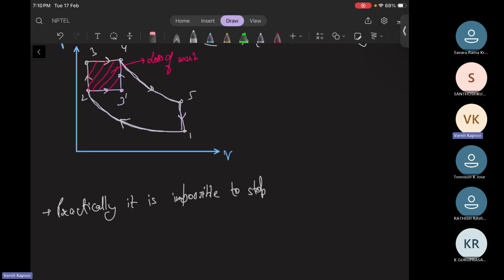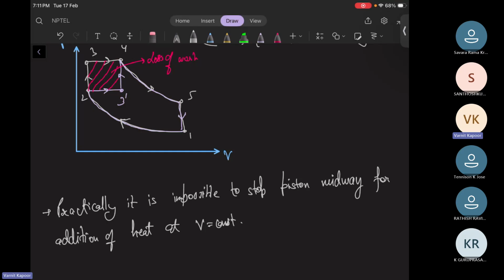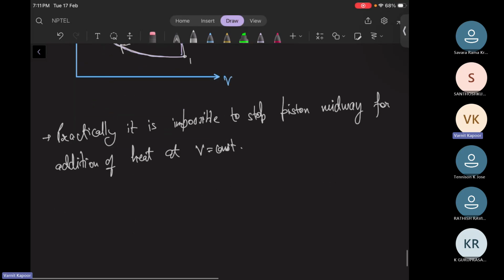Practically it is impossible to stop the piston midway for addition of heat at constant volume. Okay, and then if heat addition is happening at constant pressure first, then the area under the PV graph, pressure volume diagram,